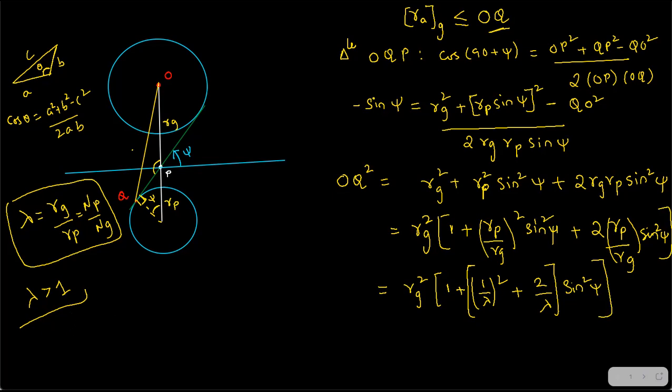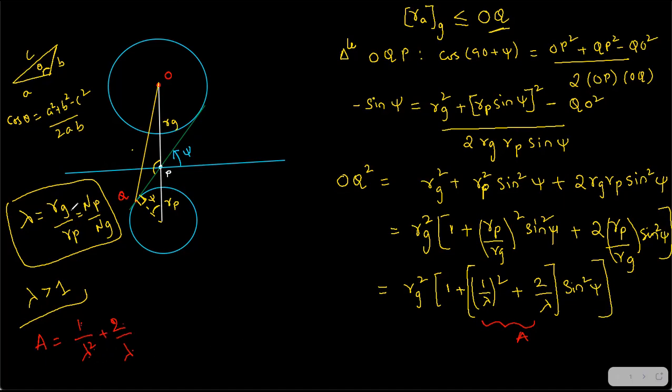Now I'm going to do another substitution. You have to remember what lambda is. I'm going to substitute this value as A, for our easiness. A is equal to 1 by lambda square plus 2 by lambda. How can you remember this? See, 1, 2, 2, 1. Remember it that way: 1 by lambda square. If there is 1, then you'll have 2. If there is 2, there is 1 in the power. Just check, remember it that way.